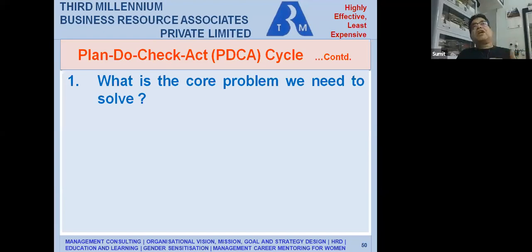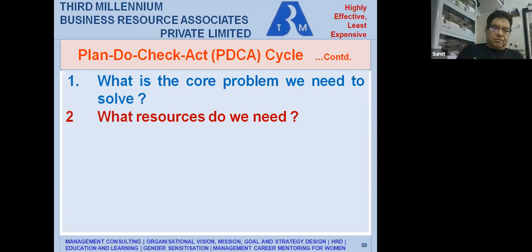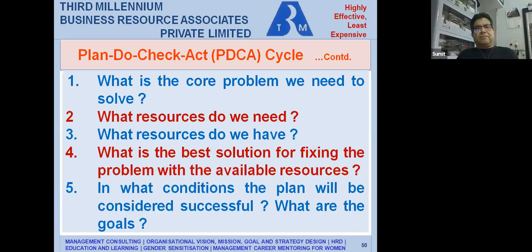Right? In what conditions will the plan be considered successful? That means, what are your deliverables? What is your success mantra? What is the scale? If you get 90%, then you are good. If you get 70%, you are reasonably good, but more near average towards the end kind of thing. So these are the 5 questions that you have to clearly answer. And I'll show you the questions now. Just spend half a minute. These are the 5 questions that you need to answer as part of your planning process for it to get completed.